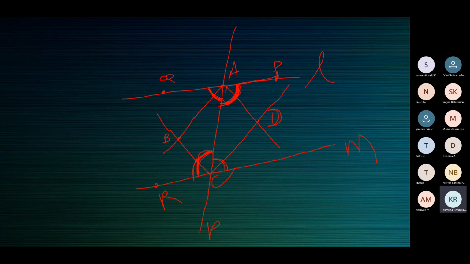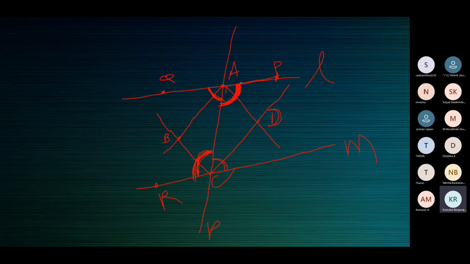So we say that this angle is equal to this angle. Alternate interior angles are equal. If I say PAC, RCA and all that, you cannot understand, so I will not say that. I'll just show you where the angle is, and you know how to name the angle. So this angle is equal to this angle. Alternate interior angles are equal.